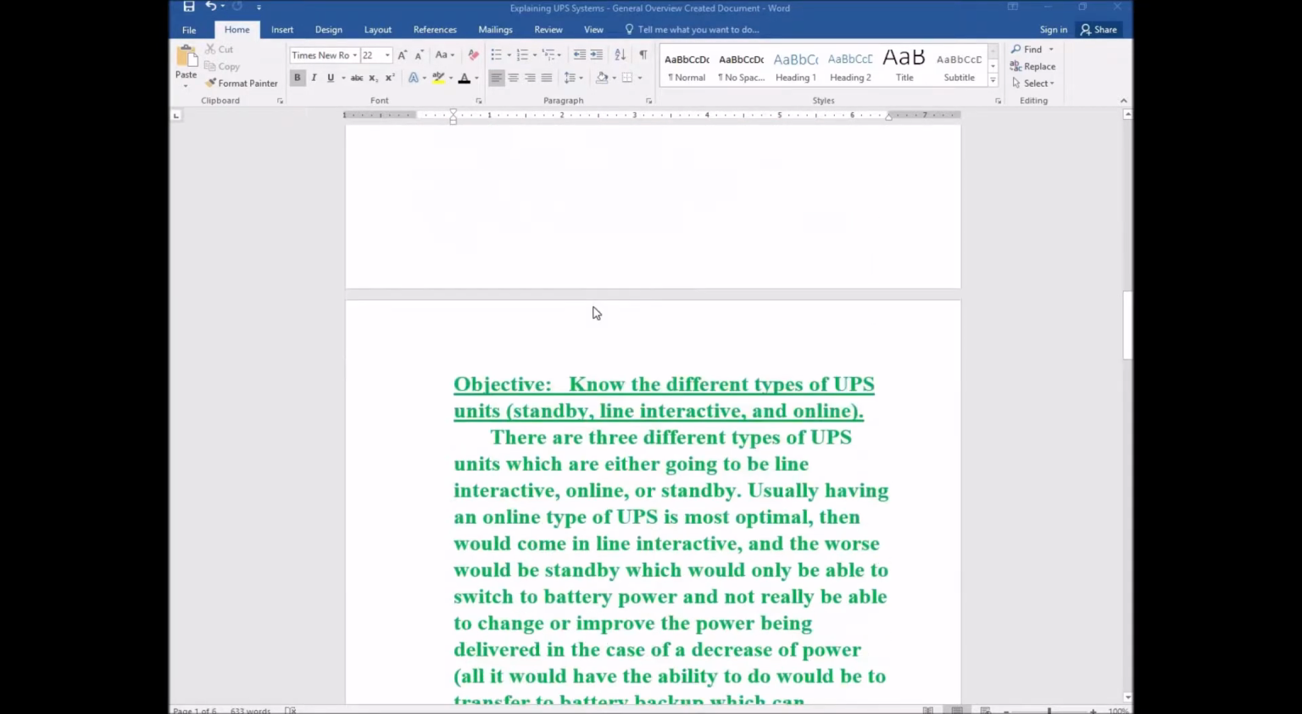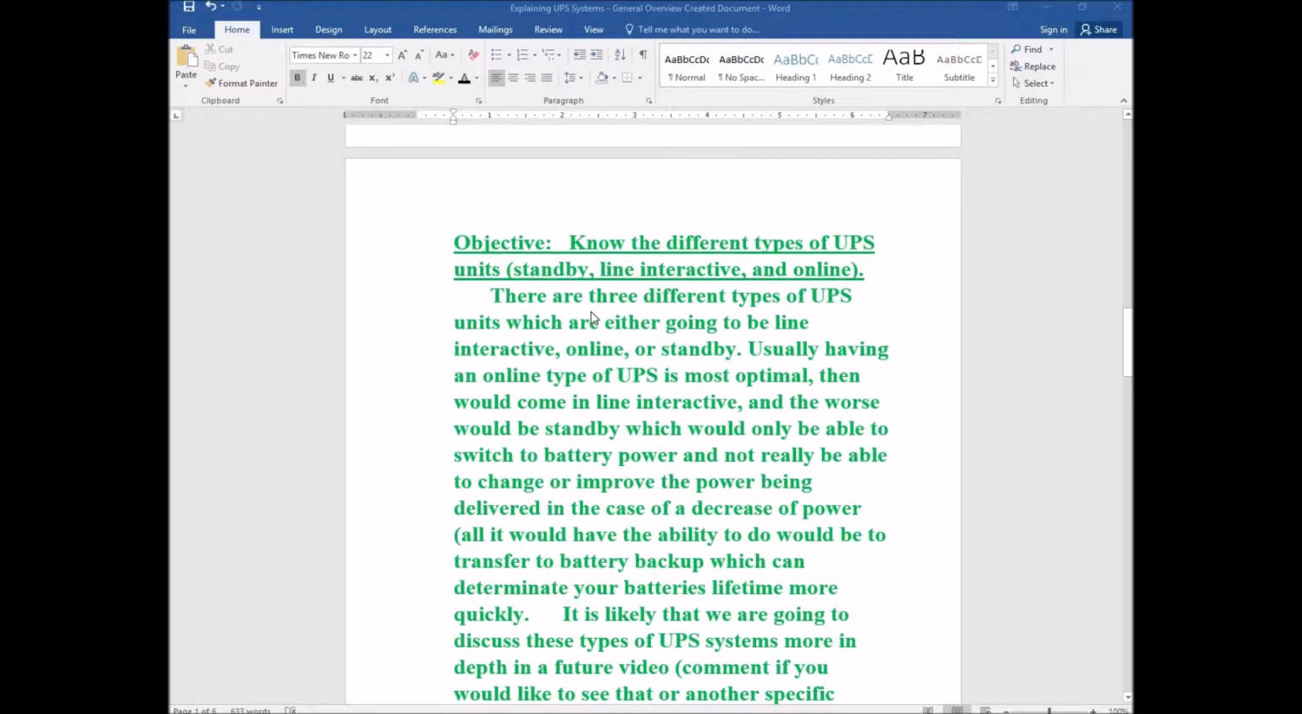So our next objective is going to be to know the different types of UPS units (online, line interactive, and standby). There are three types of UPS units, which are either going to be standby, online, or line interactive. Usually having an online type of UPS is most optimal. Then would come line interactive, and worst would be a standby one, which would only be able to switch